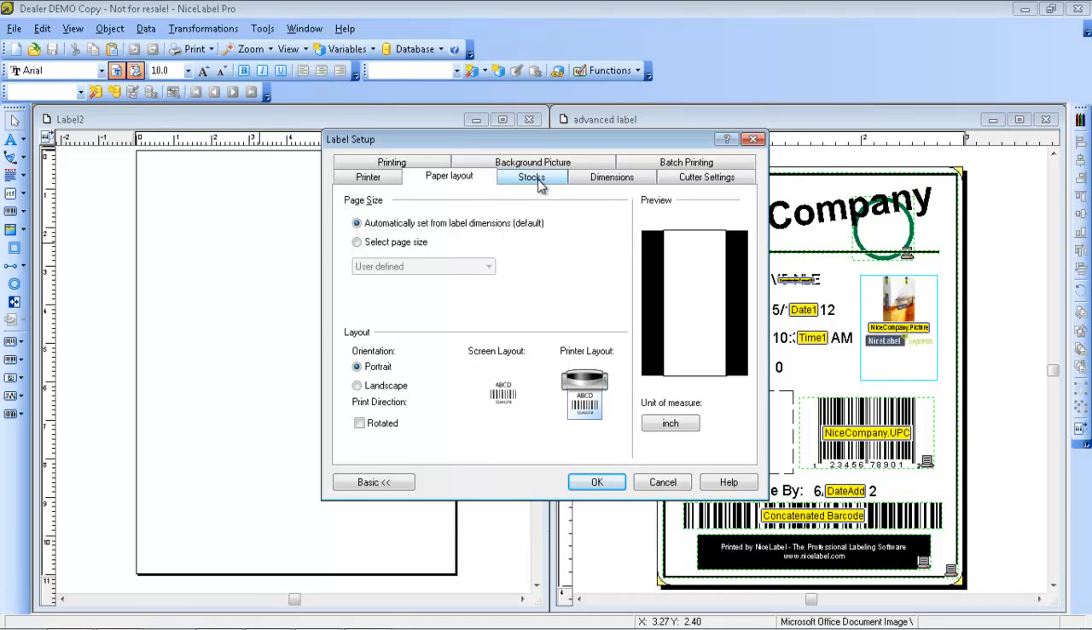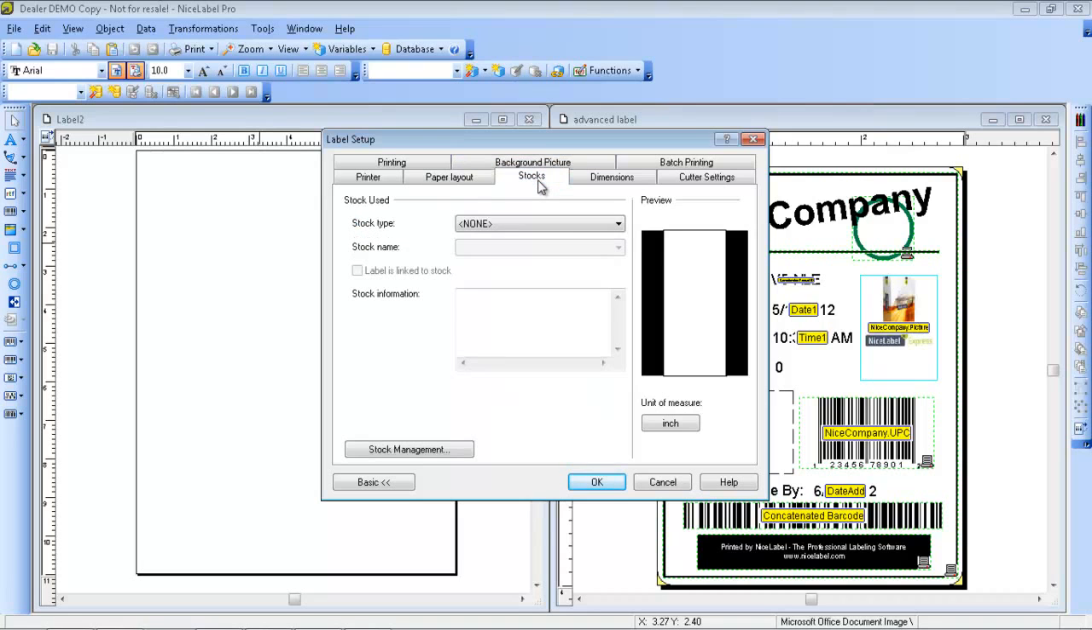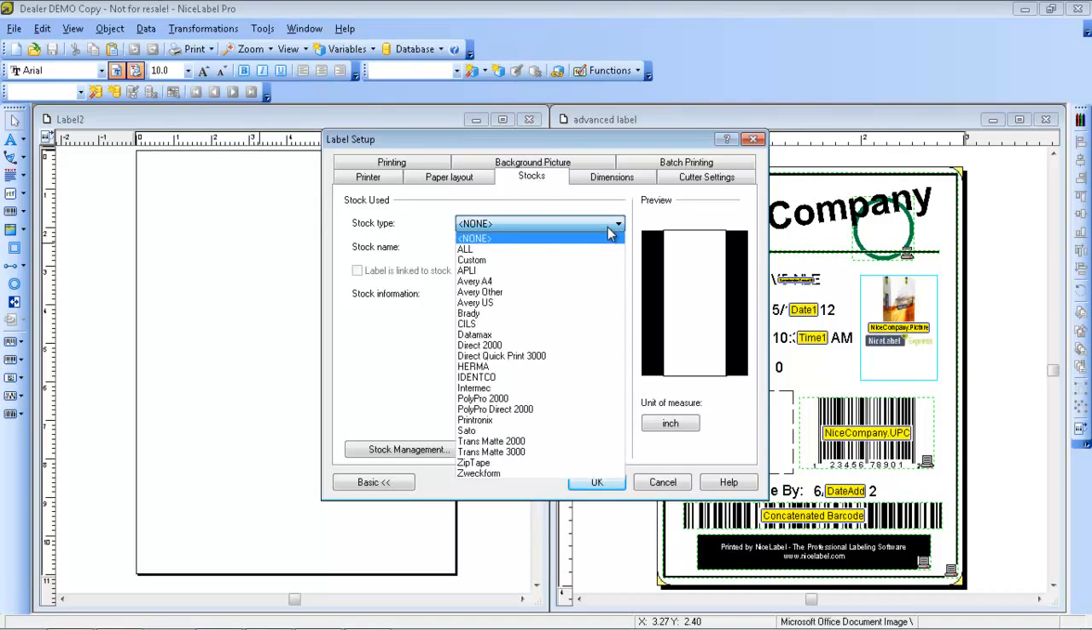Under paper layout, you can adjust portrait to landscape, do rotations. If you want to get into stocks, the only reason I use the stocks is if I'm using a sheet of Avery labels. You can just select the number and it will show it's a 3-up label with so many labels on it, and it's already set up for you,